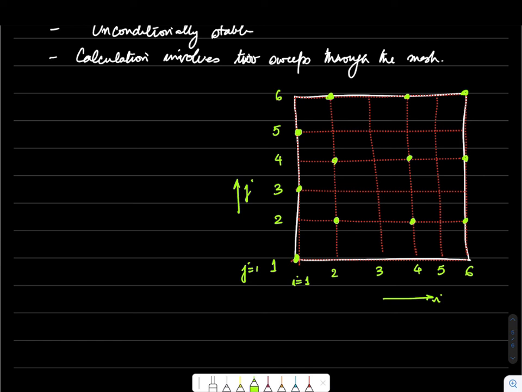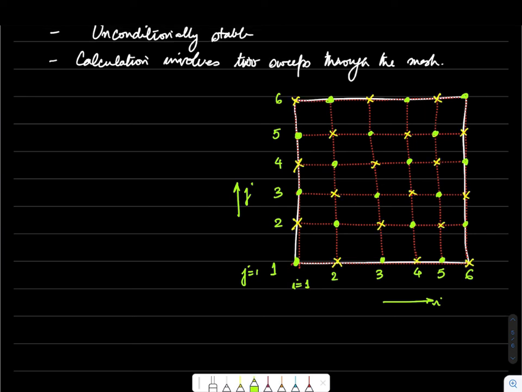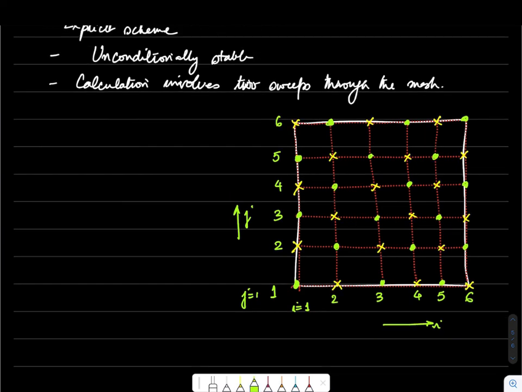Some by circles, so we have some of these circles here. And I'm going to label other locations by a cross. So as I said, this method works on 2 sweeps. So now let me explain what I've done in this diagram here, in this schematic.